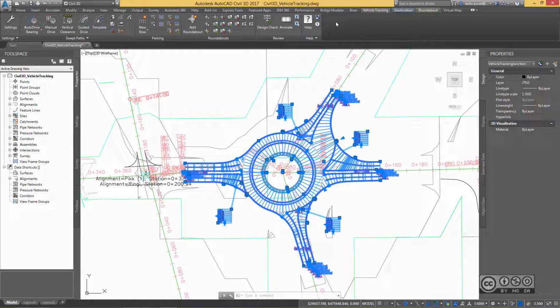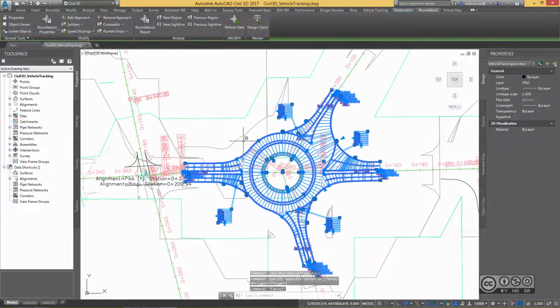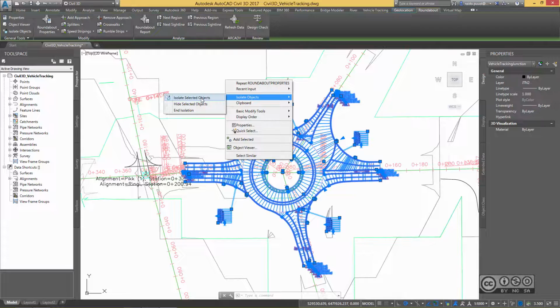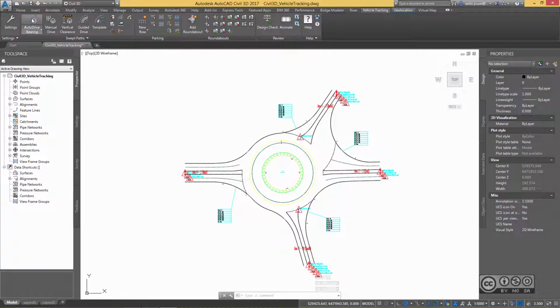What is good with those tools is that, because Civil 3D and InfraWorks share the same information in terms of roundabouts, I can go on and test different vehicles and the turning radiuses on my design. For example, I pick my junction, I then isolate it, and then use the AutoDrive tool to actually place different vehicles onto my design and check their turning radiuses.